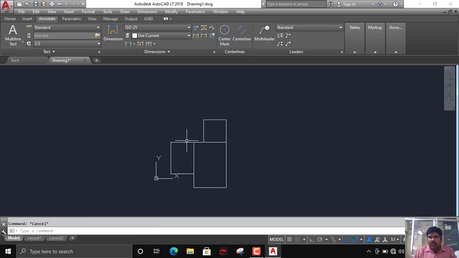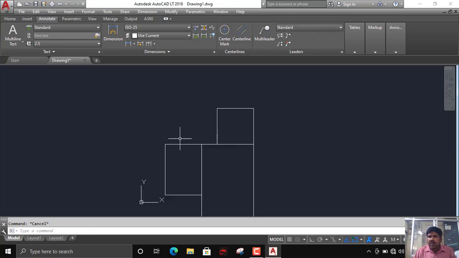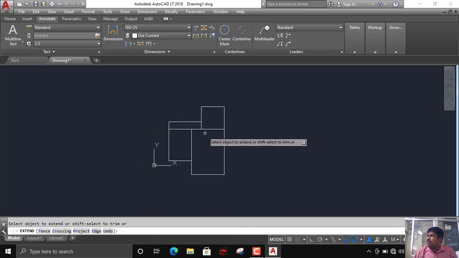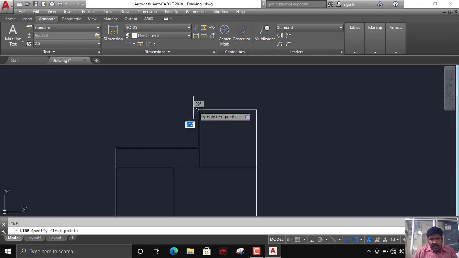Now these are individual lines. This I will delete. From here to here, I have a 1 meter passage, offset of 1000. This is 1000, the 1 meter passage. I will extend this line, so once this is complete, my kitchen is here. I will extend this line.